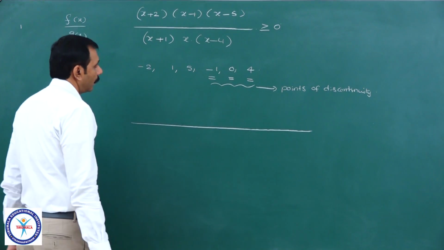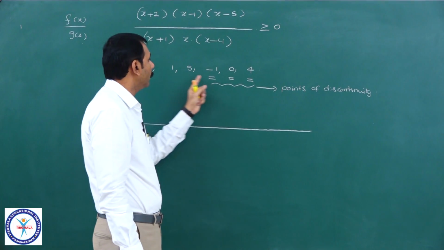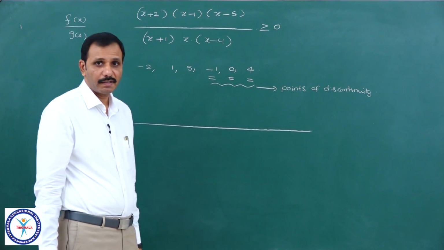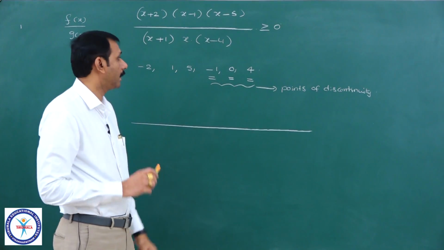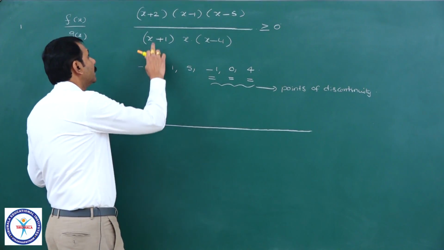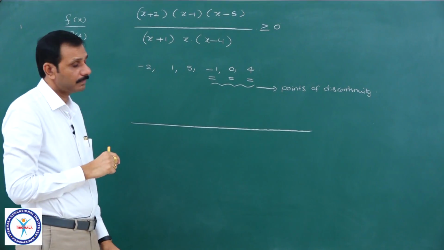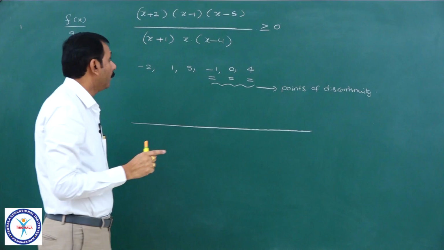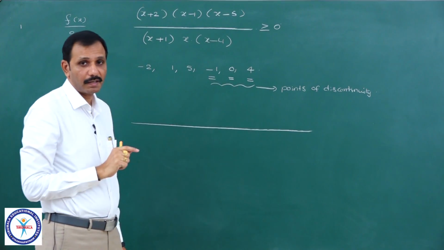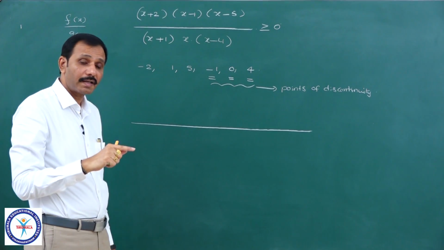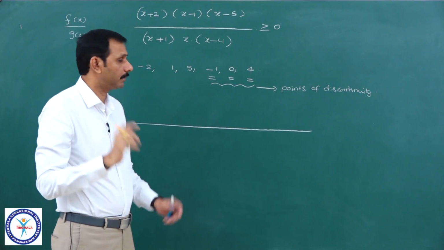Right. Now, I will mark all these zeros on the real line, but of course, while marking them I will take care. If it is a zero of the numerator, I will mark it with a dark circle. And if it is a zero of the denominator, then I will mark it with an open circle, so that a dark circle can be included and an open circle should not be included.